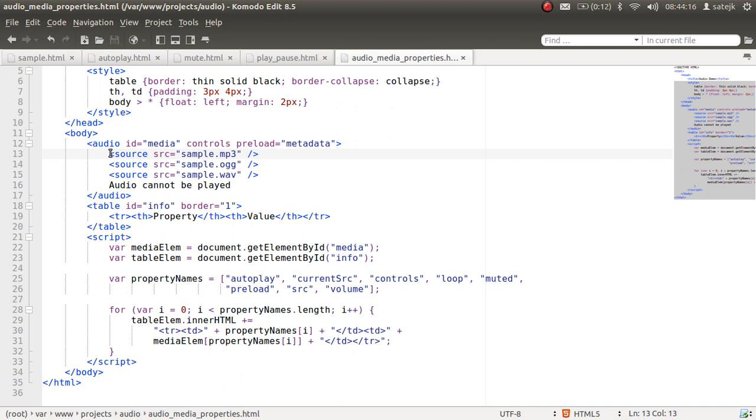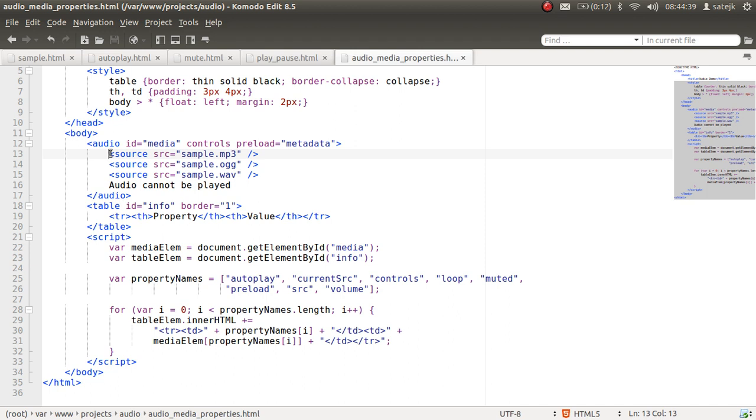So in order to cover a wide range of browsers, we can specify a set of source elements, and whichever the browser can play first, the others are then bypassed.